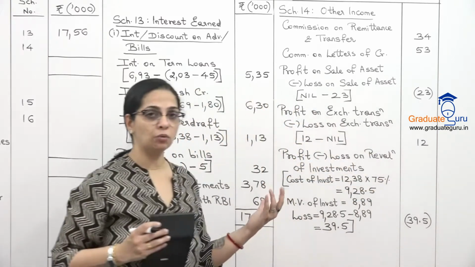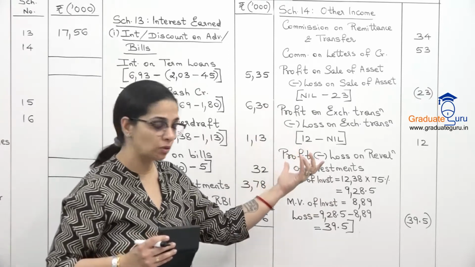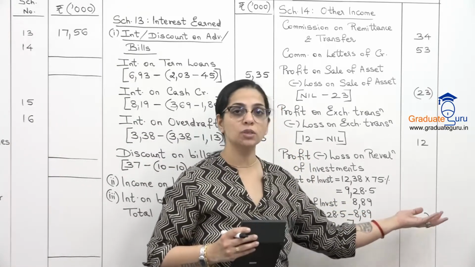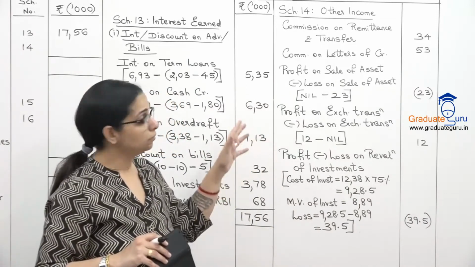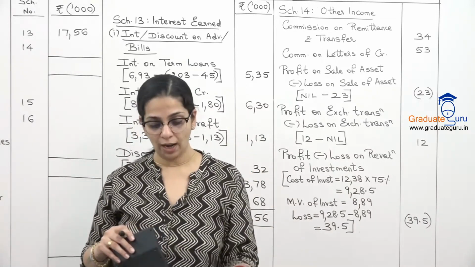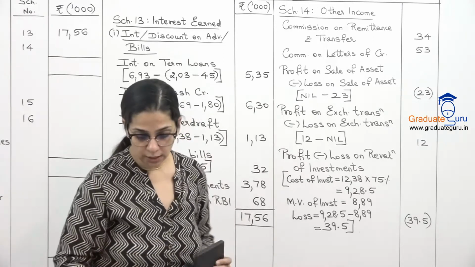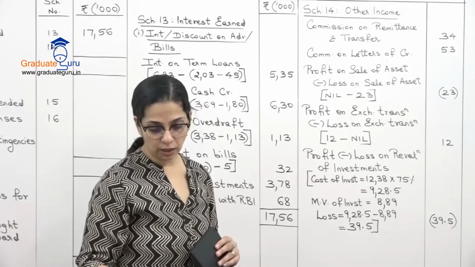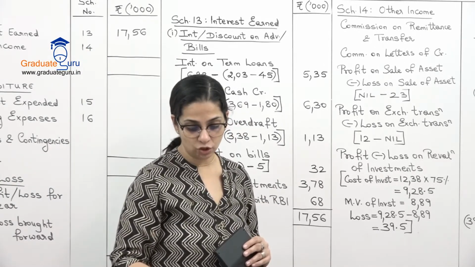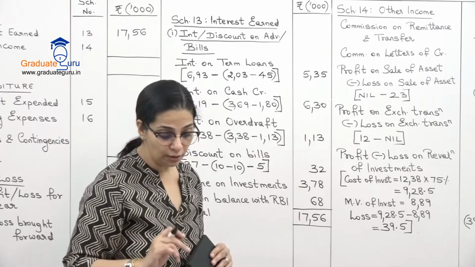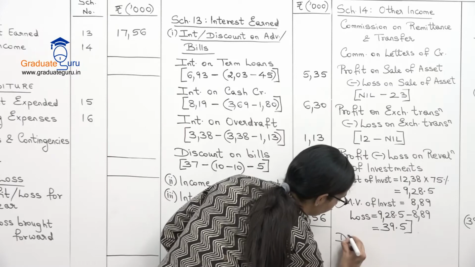39.5. You can also round it off, but generally हम points में दिखाते हैं because it's all in thousands. So this means it is 39,500. Okay. So these are our other income. Let's just check our trial balance if there was anything else which was in schedule number 14. We've taken the commissions, we've taken the loss on computer, the exchange transaction. What remains is the dividend from subsidiary. So that will be our last thing which we'll write over here.